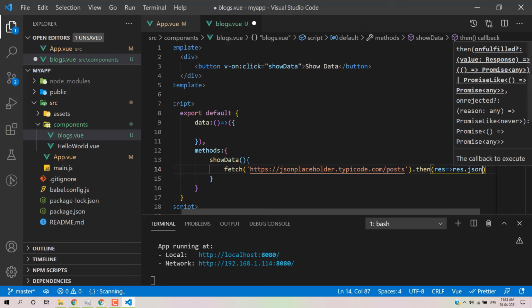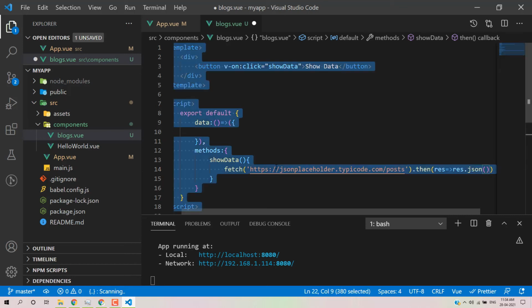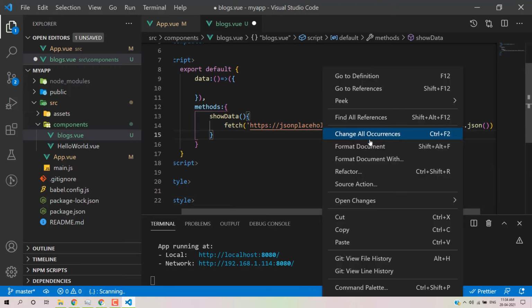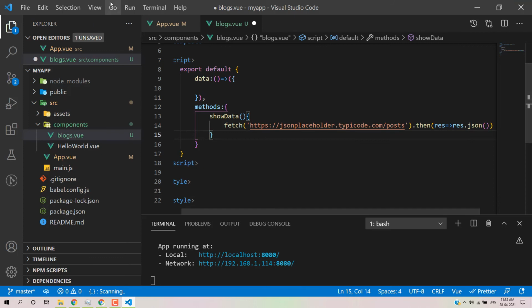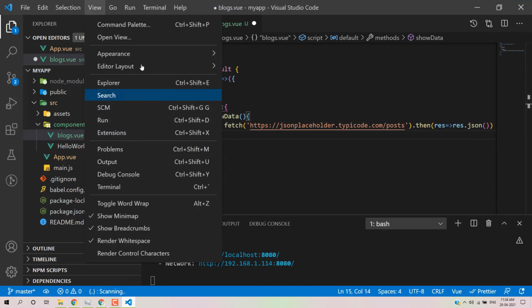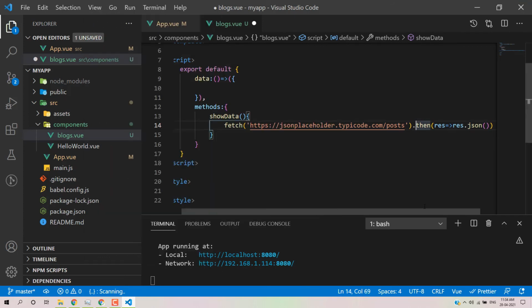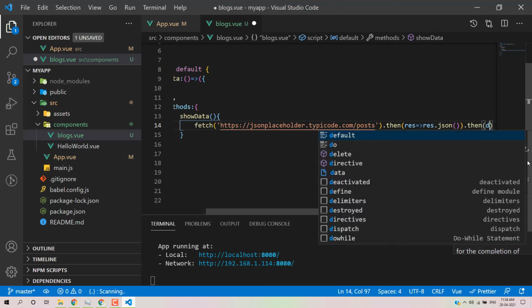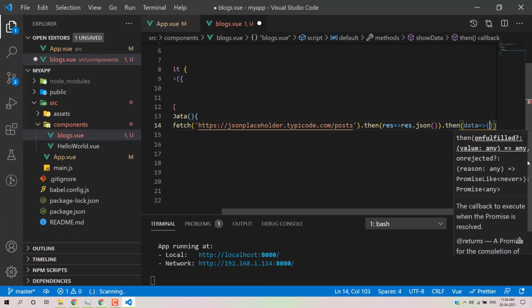So that I will wrap the content. Okay, now we have data, so we'll use then block, and then we have the final data, so here we can print the data. Okay, so we have data, so how we can do that, here we can create a blocks array.